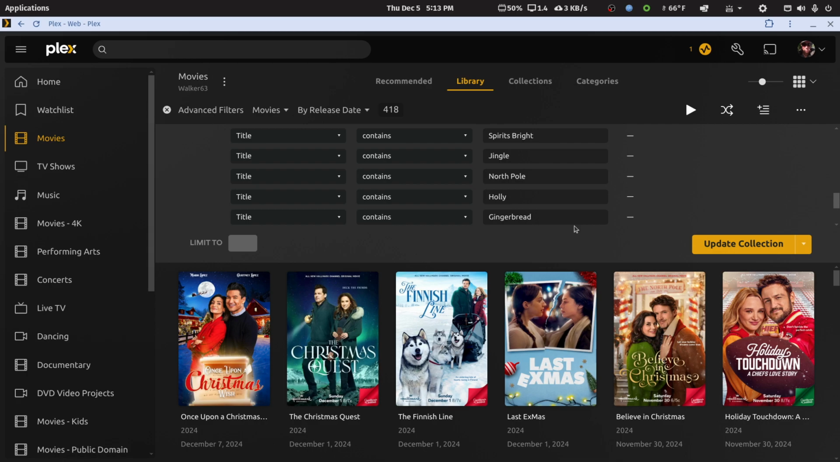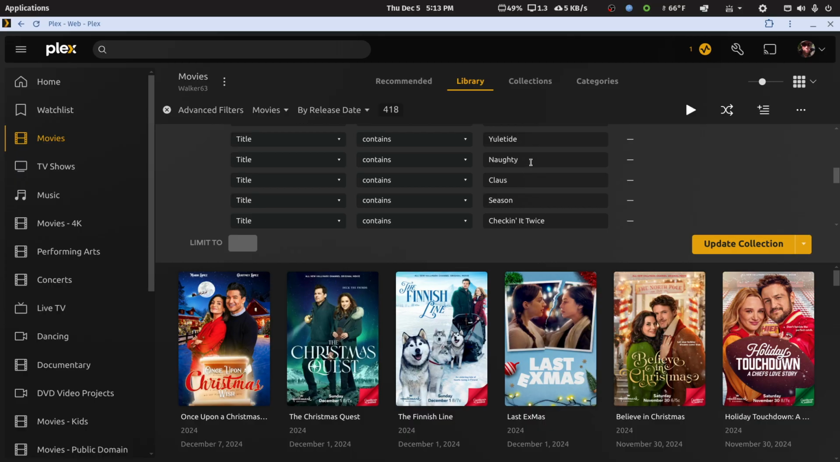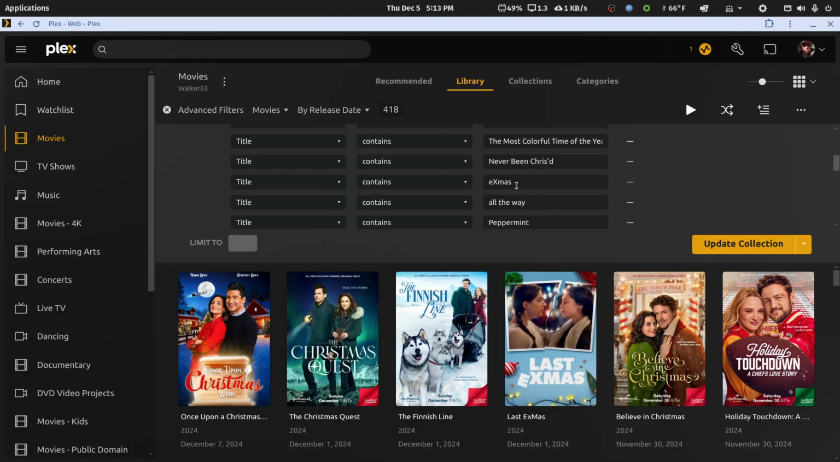Jingle, Spirits Bright, Mistletoe, Santa, Noel, One December Night, Royal Holiday, Royal Nanny, Sister Swap, Wise Men, Merry, Wonderland, Wrapped, Hanukkah, Scrooge, Checking It Twice, spelled this way to capture one particular movie, Season, Claus, Naughty, Yuletide, Sealed with a List, Heaven Down Here, Round and Round, To All a Good Night, Peppermint, All the Way, Xmas, Never Been Christ, The Most Colorful